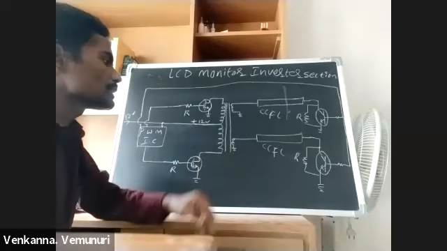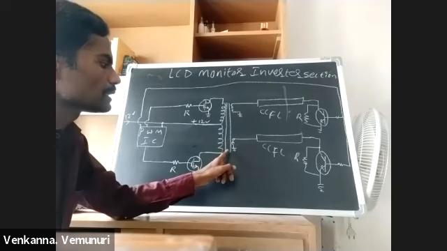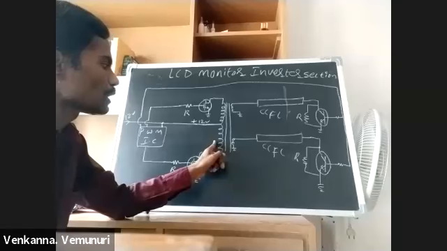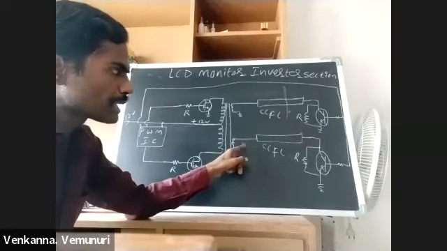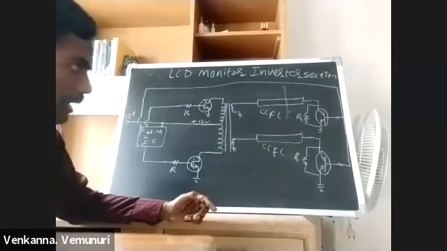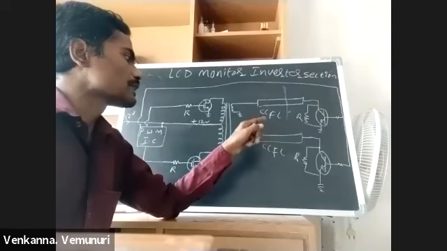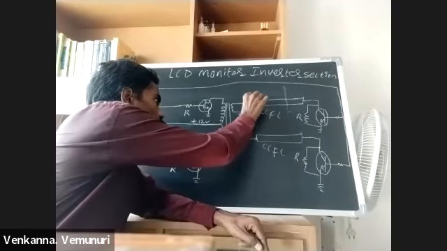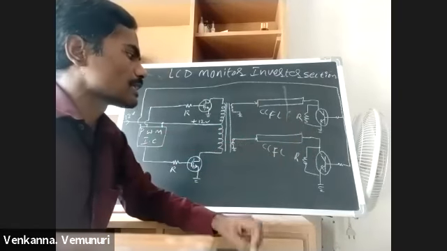That output voltage is 600 to 1200 volts AC. Here this is a step-up transformer: the input is 12 volts AC and the output is 1200 volts AC, depending on the transformer. That voltage connects to the CCFL. The positive is directly connected to the CCFL, and on the negative side we use a transistor and a resistor.